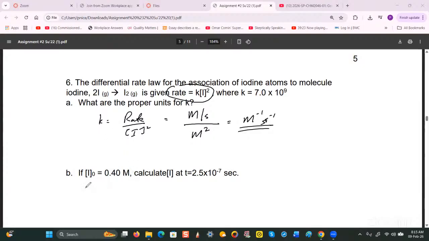All right? Now, in the case of B, the question is asking for the initial, well, it gives you the initial concentration of iodine, and you're to calculate the concentration of iodine when the time is 2.5 times 10 to the minus 7 seconds. Now, the equation that you're going to use for this is different from that for the first order, and it is this right here. 1 over the concentration of iodine at time t would be equal to 1 over the initial concentration of iodine plus KT, all right? Now, the question is asking for T here, so that means that we have to rearrange this to get